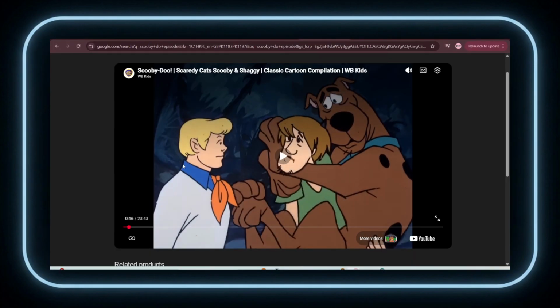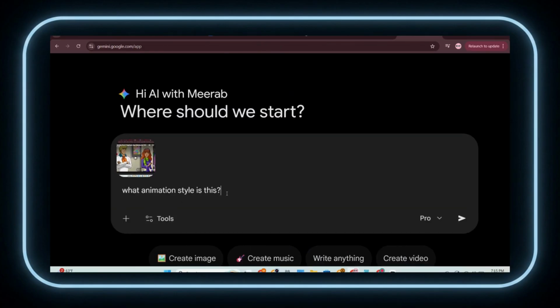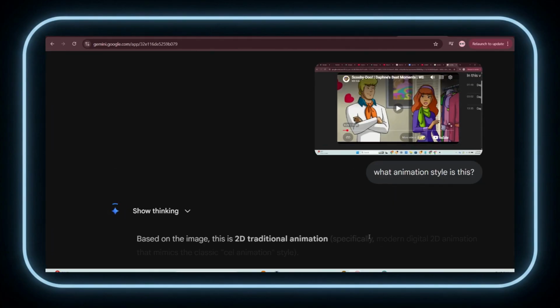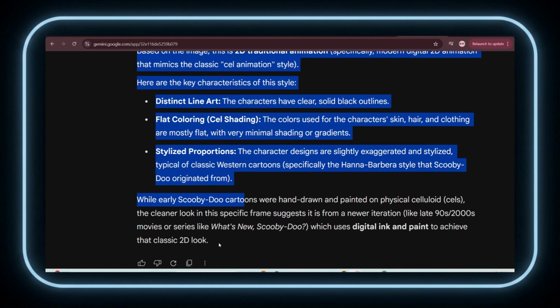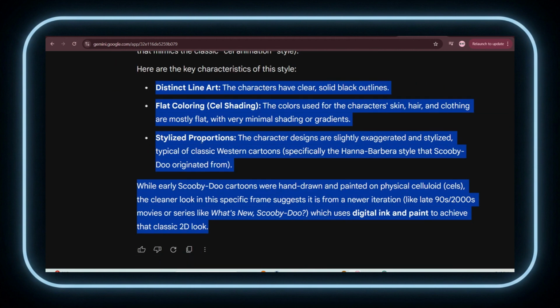First, I put on an old Scooby-Doo episode and took a screenshot. I really needed to figure out what the specific art style was actually called, because it definitely wasn't Pixar and it wasn't anime. So I uploaded that screenshot straight into Gemini and simply asked, what animation style is this? Gemini gave me a full, detailed breakdown explaining that it's a classic 2D cel-shaded style